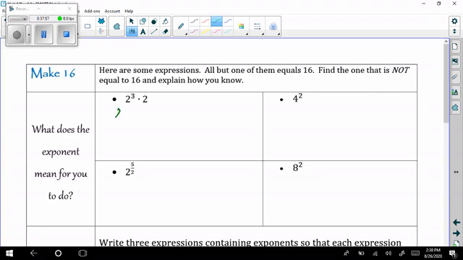So this one is actually 2 times 2 times 2, times 2. So 4 times 2 is 8, times 2 is 16. 4 squared, 8 squared, and 2 to the 5 halves. This one I'll give you a little tidbit. It's squared, and it's going to be to the 5th. So basically this means it's a root. It's your base, it's your root. So it's a square root of 2 to the 5th power. You're going to have to find out what 2 to the 5th power is and then square root it to give me your value.